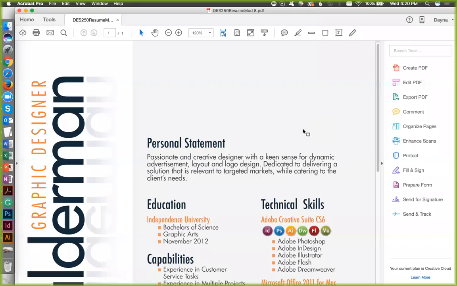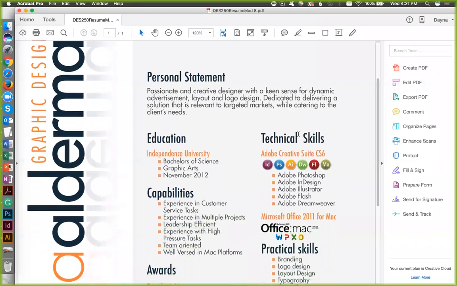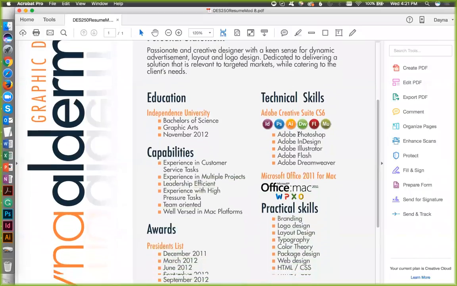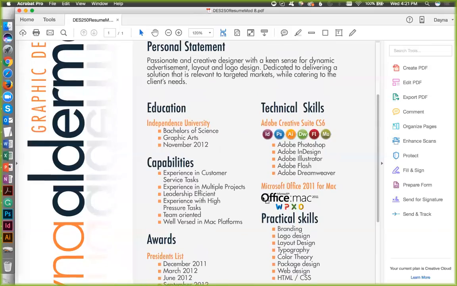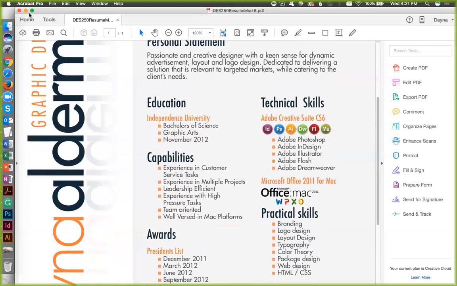Okay? Oh, that's pretty good. I'm liking it. Doesn't look like it needs more space still. I'll play with it, but this right here probably needs more space.